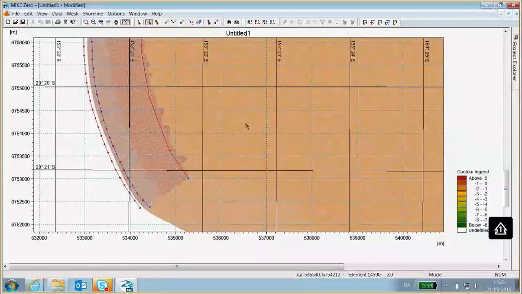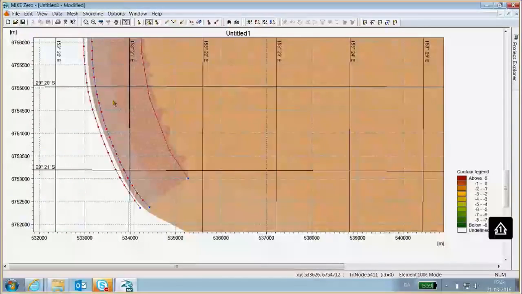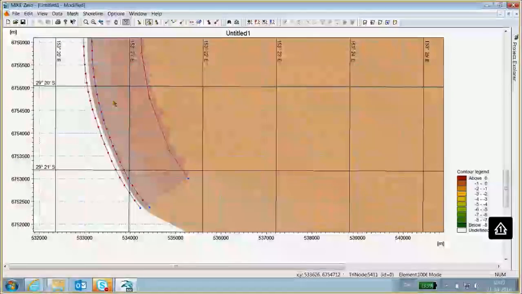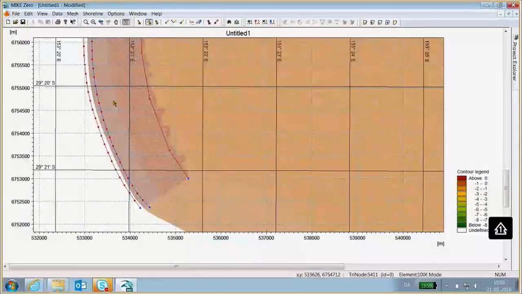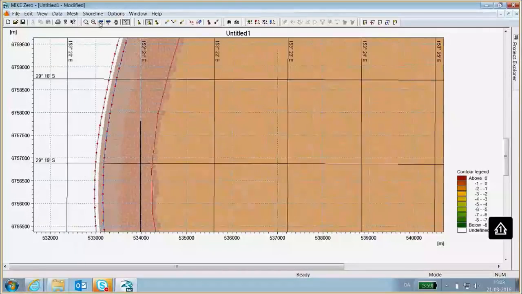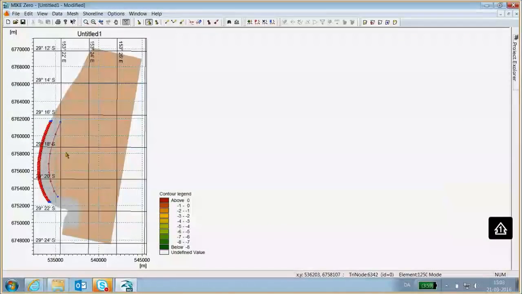The coastal profile in the present case is just a constant coastal profile all the way along the shoreline. That's of course because this is an idealized case and it's the simplest to set up and also simplest to analyze the results from.